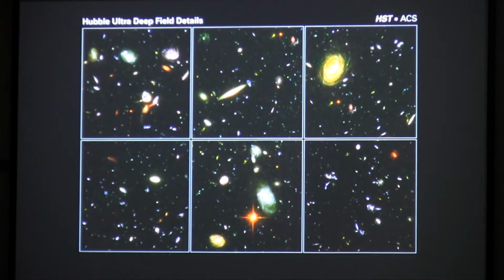Okay, so let's take a look at the Hubble Ultra Deep Field. These are just little individual cutouts of the Hubble Ultra Deep Field. And this is just to show you, again, this spiky thing is a star. So that's a star in our own galaxy that we're looking past. So that doesn't count as a galaxy in the Hubble Ultra Deep Field. But all these other things are galaxies. And what you'll notice is that they cover a variety of shapes and colors. Okay, so we can start to learn something. We can start to do